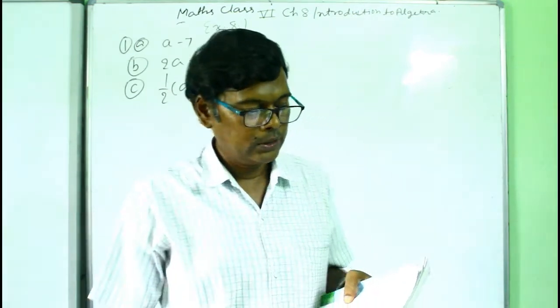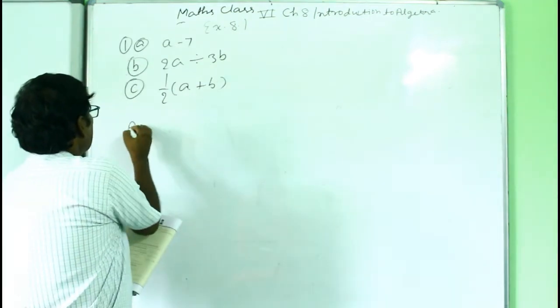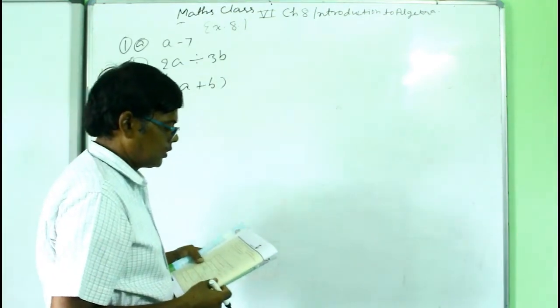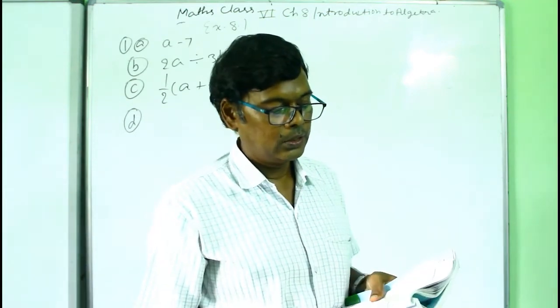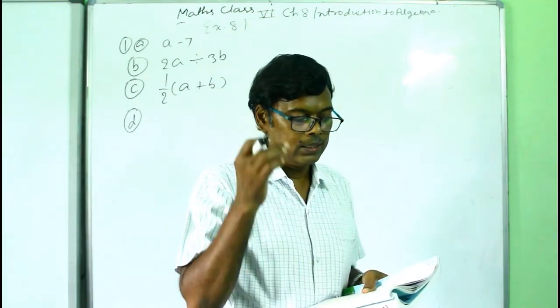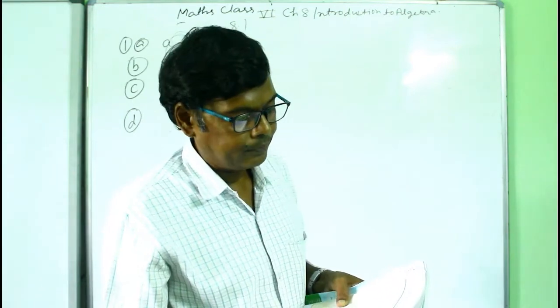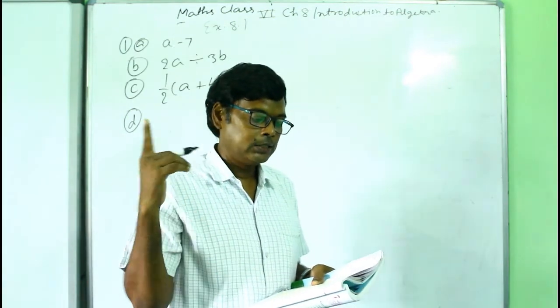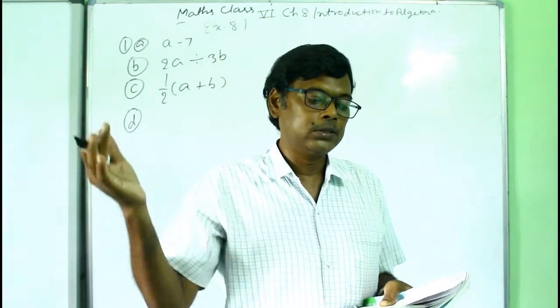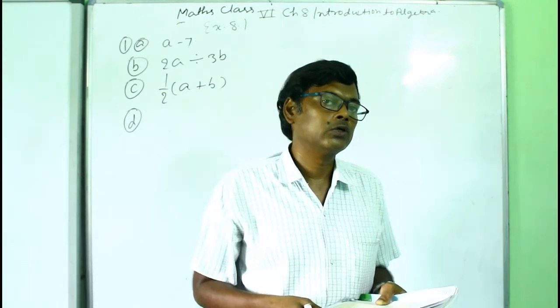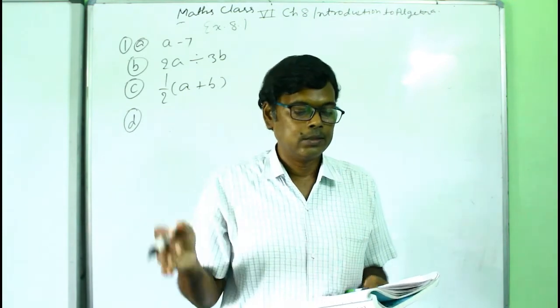And question number D, 3 multiplied by a is increased by 10 times b. 3 multiplied by a is increased by, मतलब पहले तो क्या किया? 3 को a से मल्टीप्लाई कर दिया तो 3a हो जाएगा. And this is increased by 10 times b, और उसका मतलब उसमें फिर प्लस कर दिया 10b.